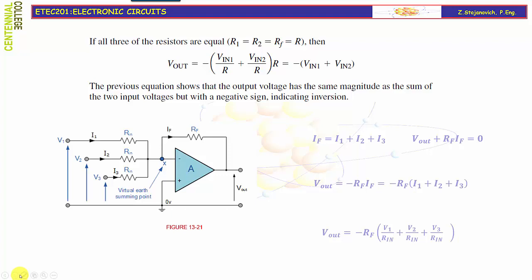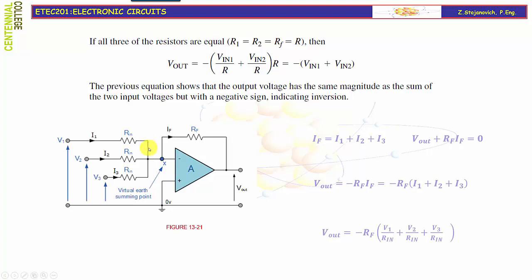Now if you look at figure 13-21, you will notice that instead of two inputs, we have a summing amplifier with three inputs, V1, V2, and V3. All input resistors are already assumed to be identical, RIN, and we have RF as a feedback resistor between output and the input. Derivation of the output voltage is pretty much the same. We will apply Kirchhoff current law first to this node designated here as X,